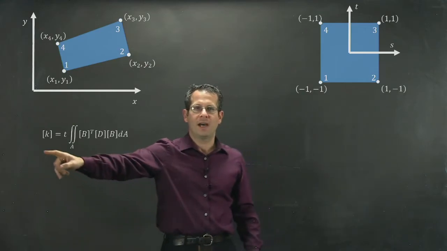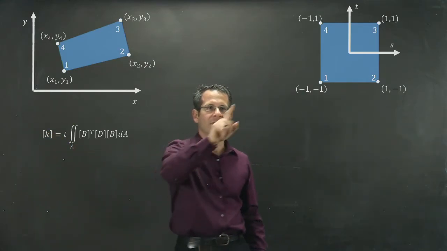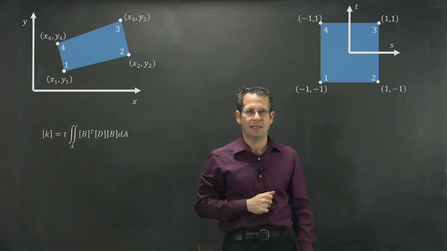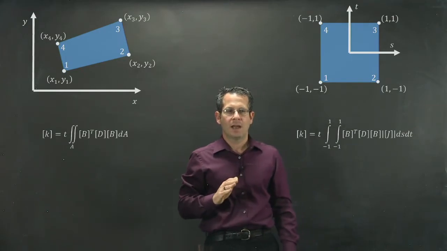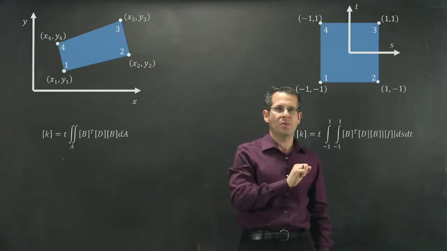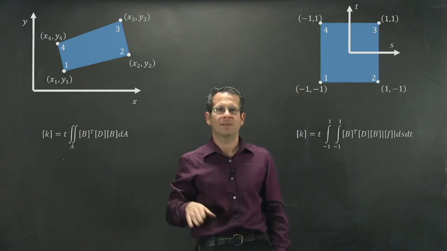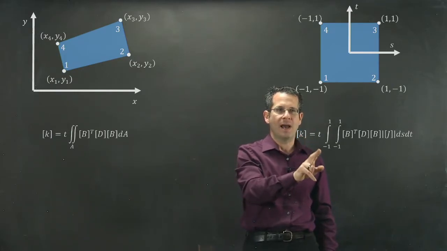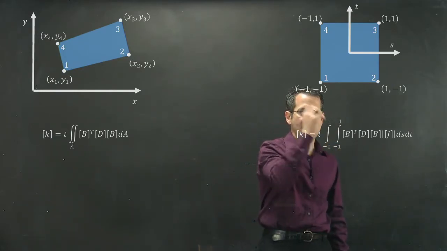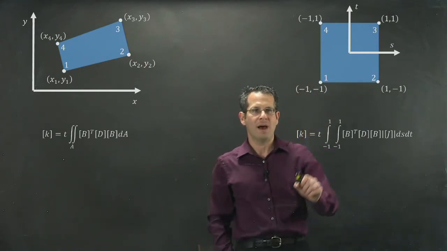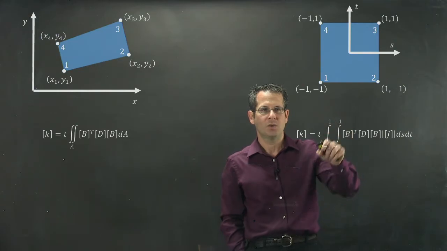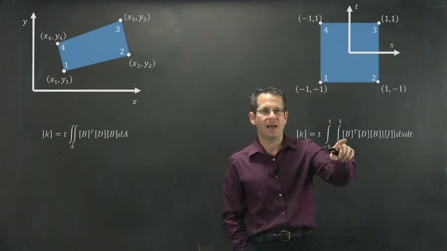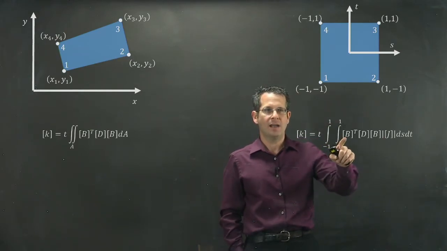We can also find the same K matrix by integrating over ST space in our virtual coordinate systems S and T. This is the formulation I said we would end up with. I'm also not going to fill in the gaps of how we got here, but I can find the same K matrix by integrating over ds and dt, but now I know my bounds of integration are just going from -1 to 1. I showed you, and we found in the last video, how to find the B matrix inside